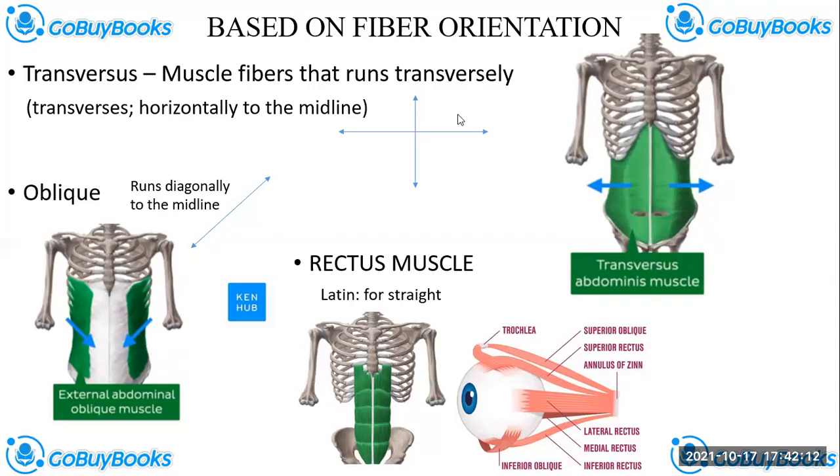So, based on fiber orientation, the popular ones are the muscles of the abdomen. We have the transversus abdominis, that is the transverse muscle of the abdomen. Transversus means...